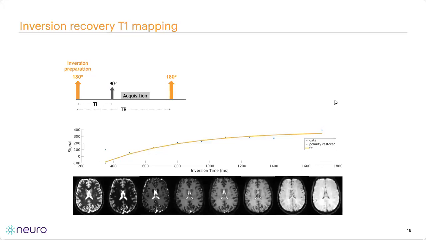A little bit about the acquisition here. In order to do T1 mapping, we typically do an inversion recovery scan. So this maybe answers some of the questions that we had during the coffee break. We start with an inversion preparation pulse, 180 degrees. It just flips your magnetization along Z. You have nothing in the transverse plane. You let that signal recover. After different inversion times, you apply a second pulse, a 90-degree pulse, that brings your signal into the transverse plane and you acquire it. This whole process needs to be repeated for different TIs. These are your resulting images, and you see that you can then fit those data points to a curve and you get your T1 value